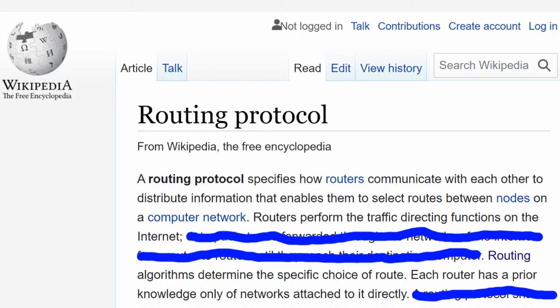Now, those waymarks we will refer to as routing tables, and the applications that will update these waymarks or these routing tables are known as routing protocols. The routing protocols operate on layer 7.